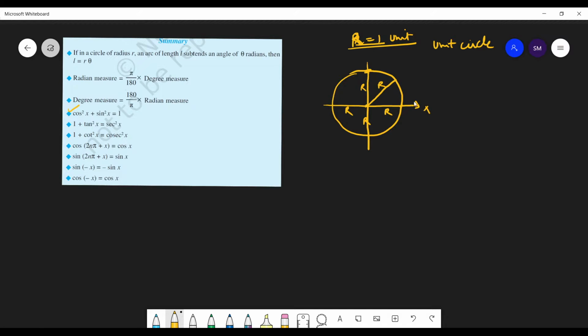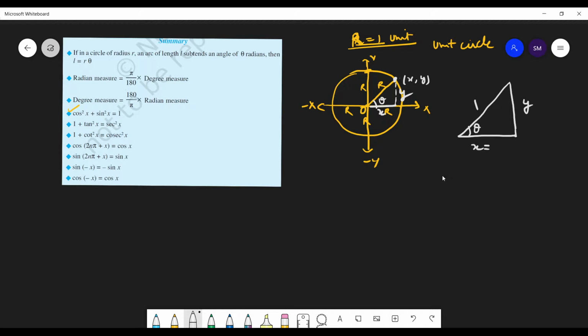And these are the x-axis, y-axis, minus x-axis. This is the origin here. This is the minus y-axis. And the coordinates of this point, of course, are x, y. So this distance is x and this distance is y. So if I draw this separately, this is x, this is y, and this is the angle theta. So this is 1, radius 1. So this is theta. So what will be the value of x?